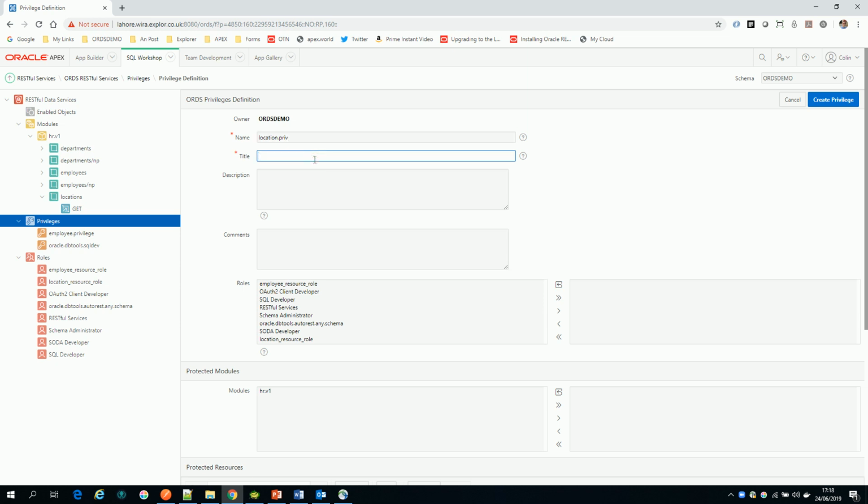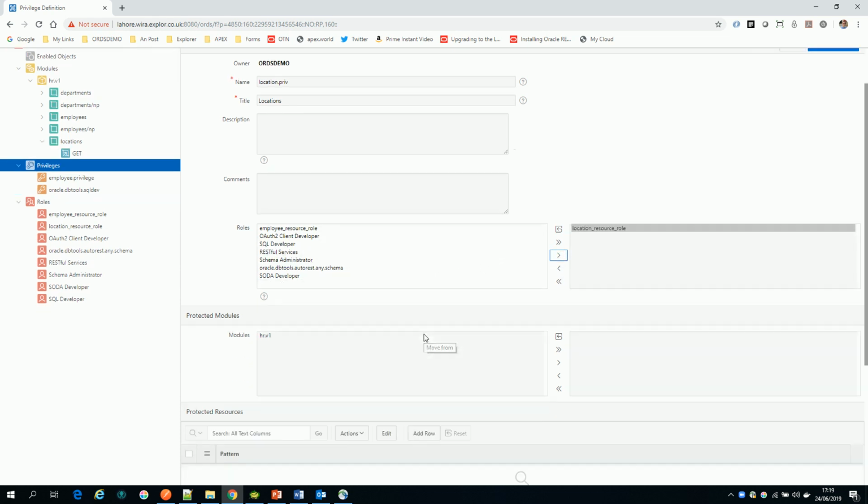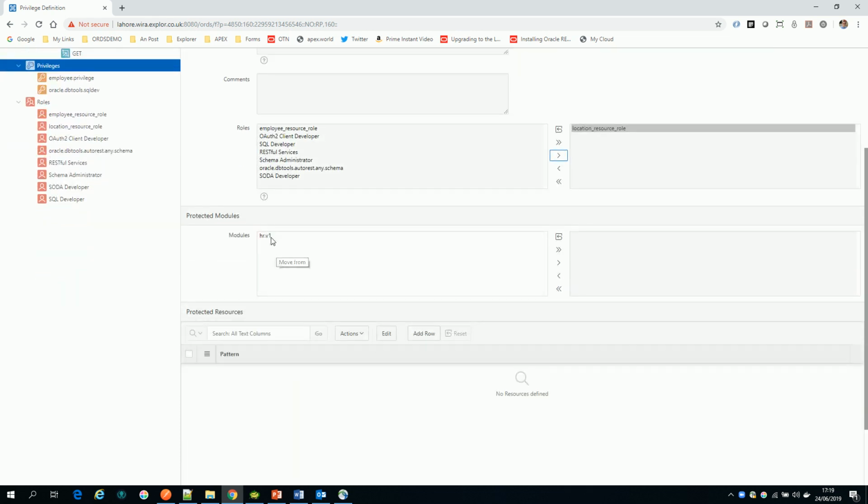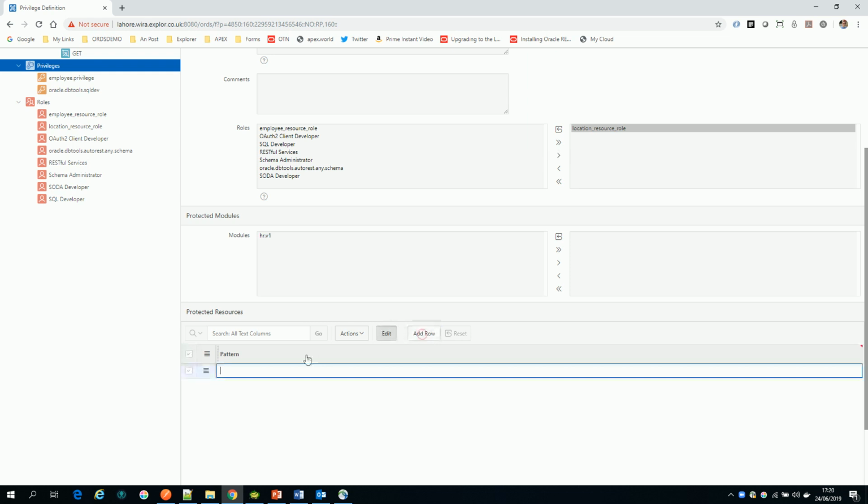Give it a title. Next I need to choose which role or roles it links to, and I'm just going to choose this location resource role. Then I need to tell it what it's protecting. So I could either protect a whole module or just an individual pattern. In this instance it is just a pattern that I want to protect, so I'll click on add role and